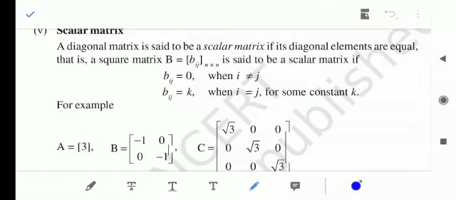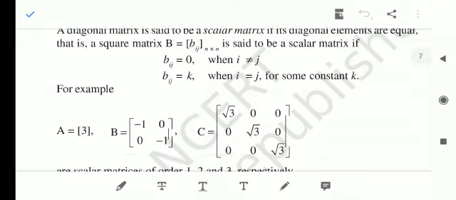And you know, every diagonal matrix is a square matrix. A matrix whose number of rows and columns are equal is a square matrix. A matrix in which the diagonal elements, that is a11, a22, a33, exist and the rest of the elements are 0, is known as a diagonal matrix. And a scalar matrix is a special type of diagonal matrix in which all the diagonal elements are the same.